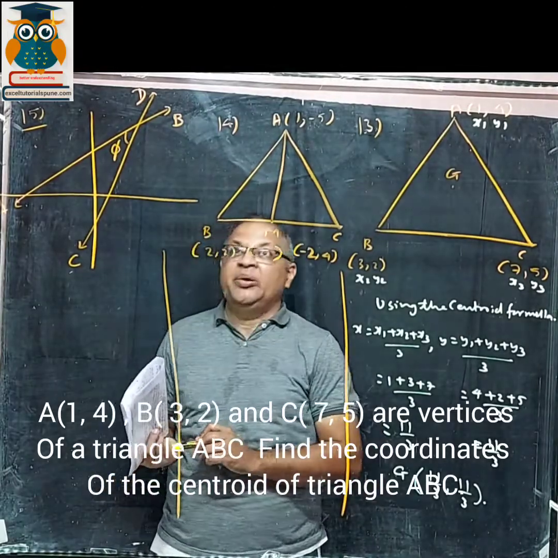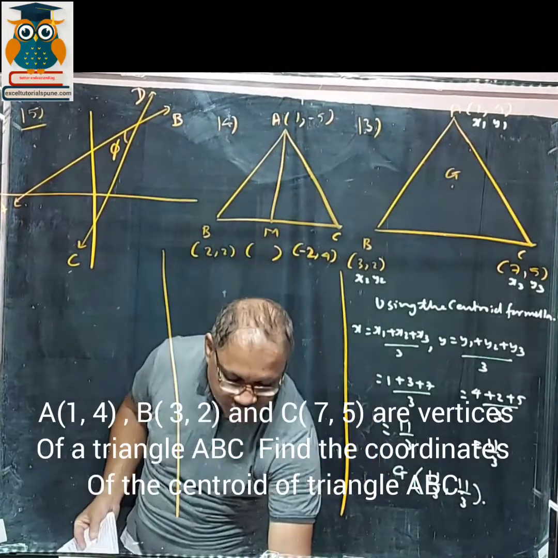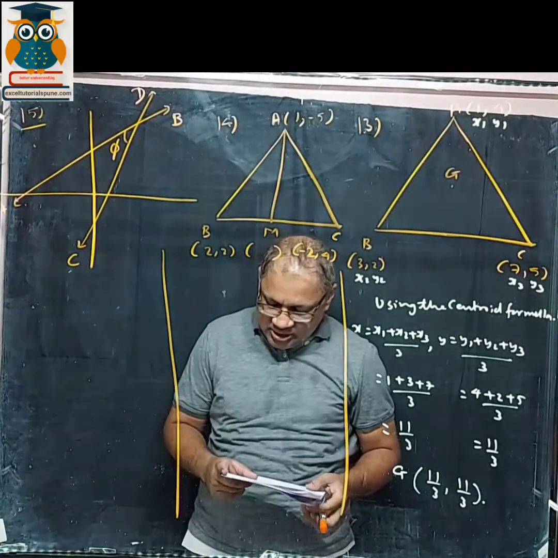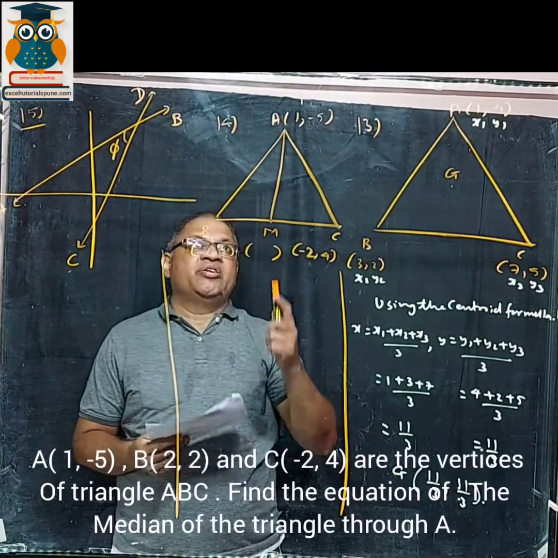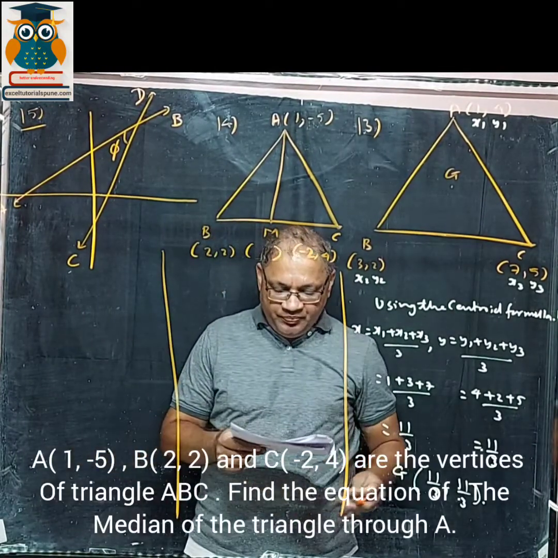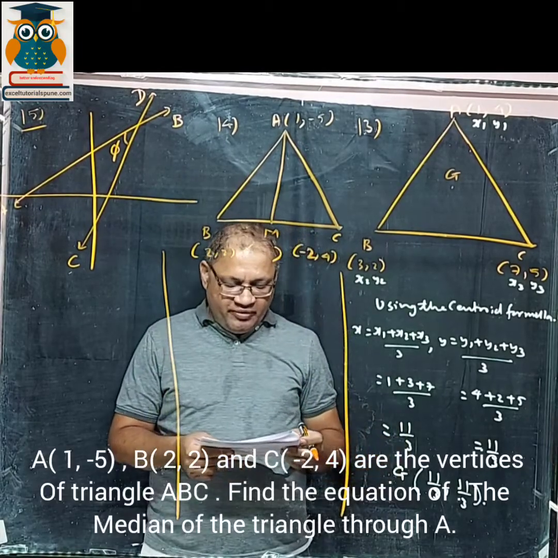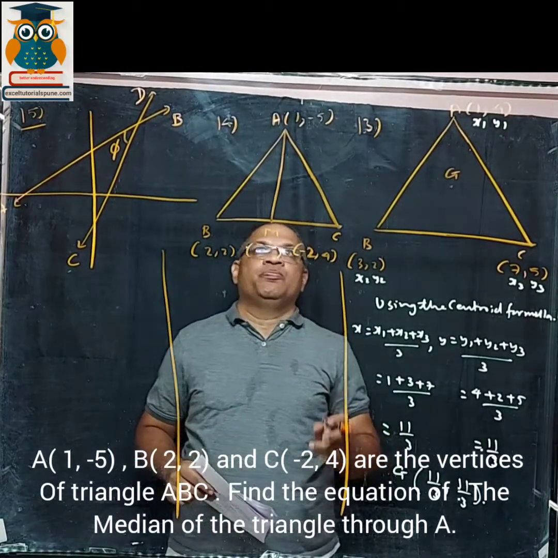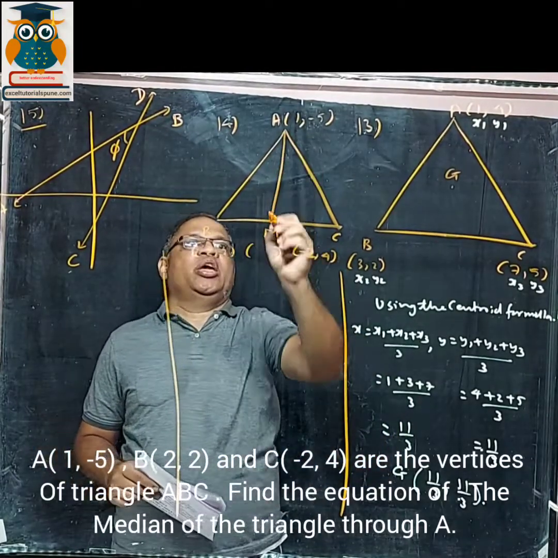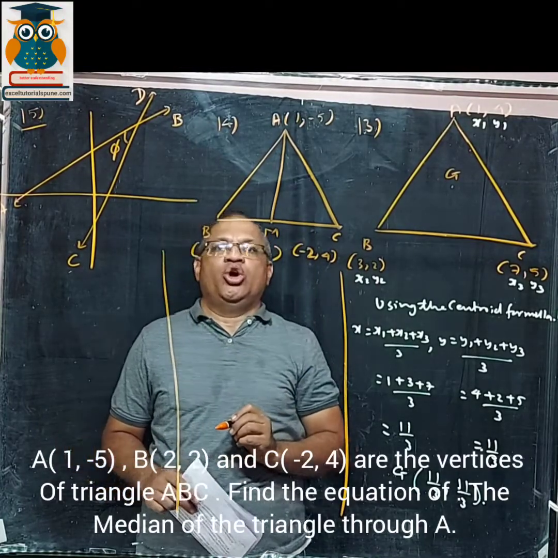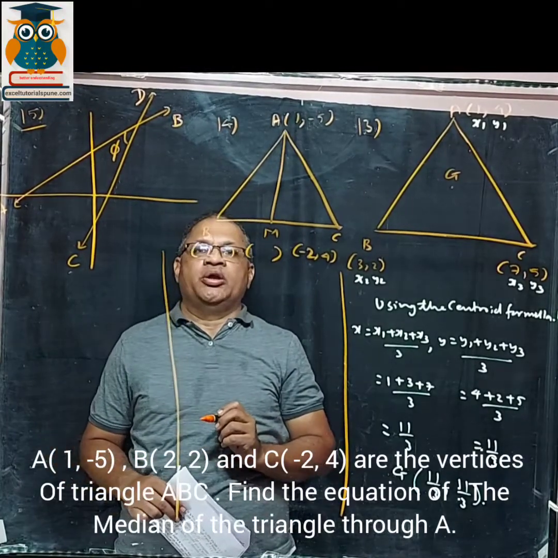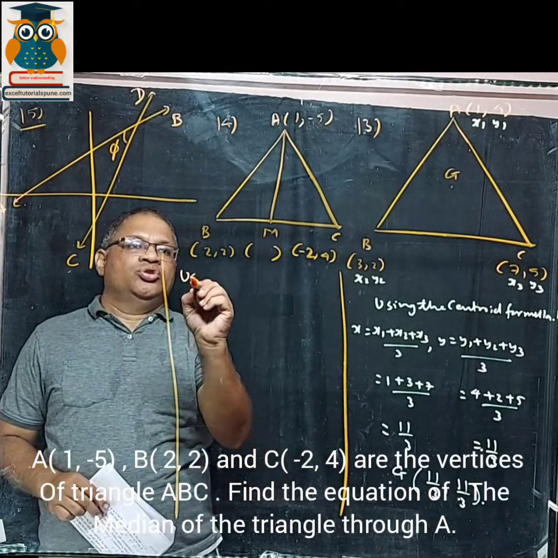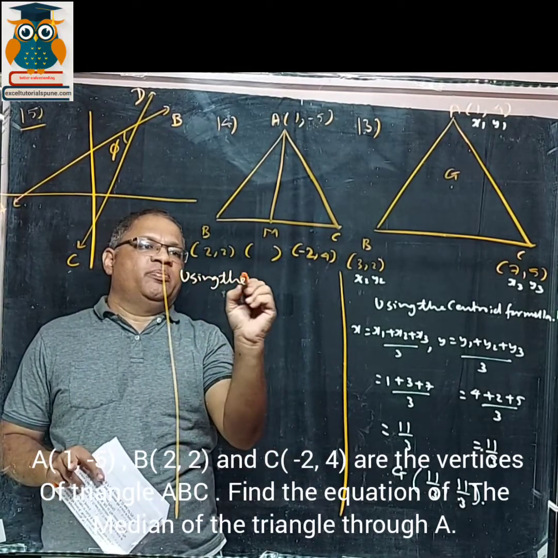Now question number 14. In the 14th sum, the coordinates of A, B, C are given. You have to find the equation of the median of a triangle through A. So how do you find the coordinates of M? Median means midpoint. So using the midpoint formula